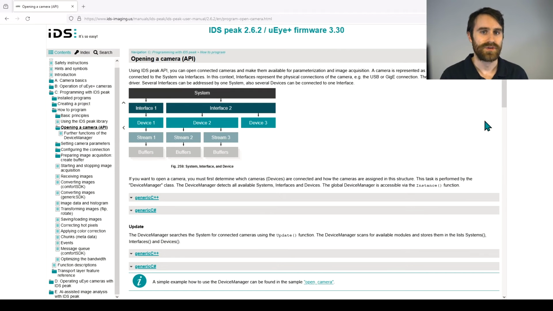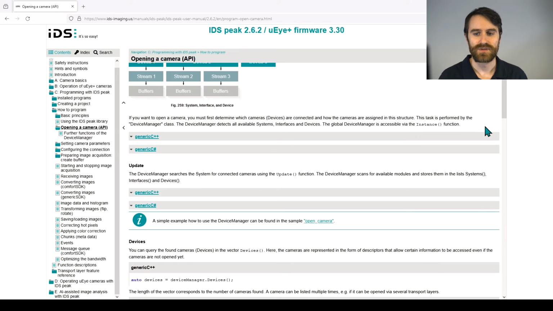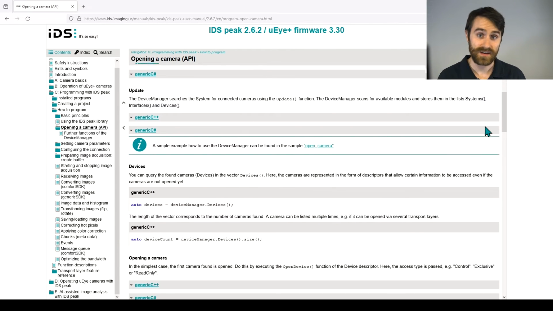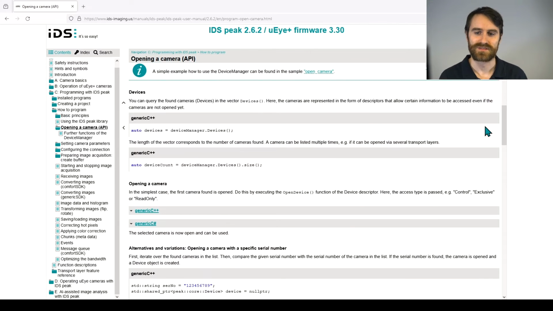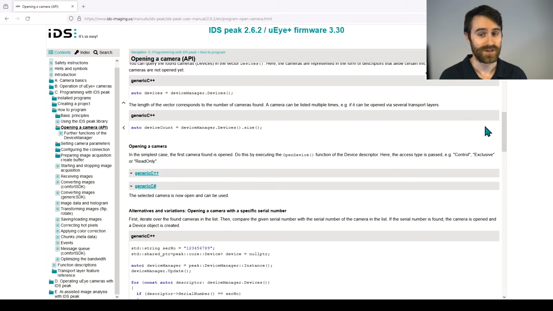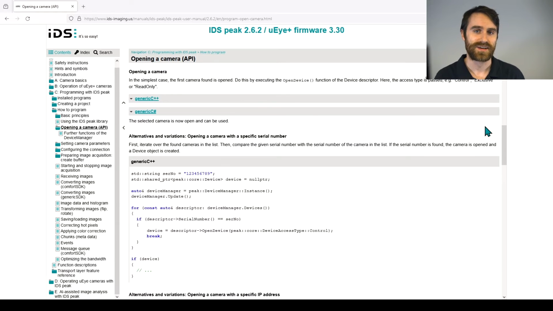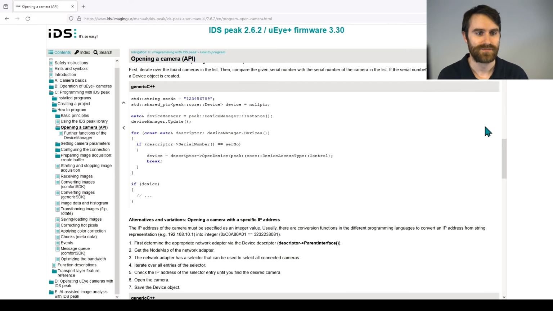Now that we're beginning to set up our multi-camera system, we need to know how to handle multiple cameras in the API. And more specifically, how do we open a specific camera? Well, you use the API's device manager object, and you can open cameras by the index of the camera in the device manager, probably the least useful in multi-camera systems because that's just the order of the enumeration of the devices. You can open it by serial number, you can open it by a user-generated ID or string, or you can open it by the IP address of a GigE camera.